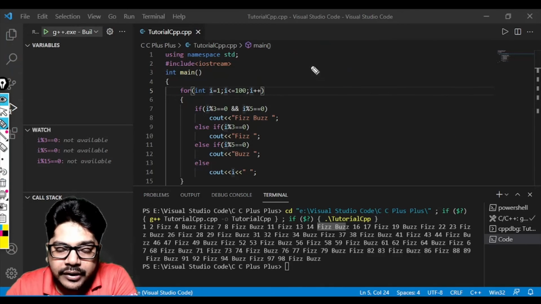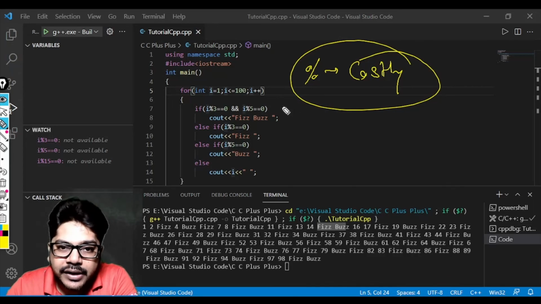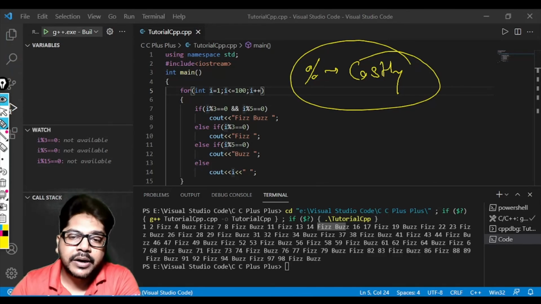ठीक है, this is what modulus operator is. अगली वीडियो में हम लोग क्या देखेंगे ना, कि ये जो मॉड्यूलस ऑपरेटर है ना, ये बहुत कॉस्टली ऑपरेटर है। तो क्या कुछ ऐसा तरीका है कि इस प्रॉब्लम को हम लोग बिना इस ऑपरेटर के सॉल्व कर सकें। ठीक है, क्या इस प्रॉब्लम को हम लोग बिना इस ऑपरेटर के सॉल्व कर सकें, अगली वीडियो में हम लोग ये देखेंगे।